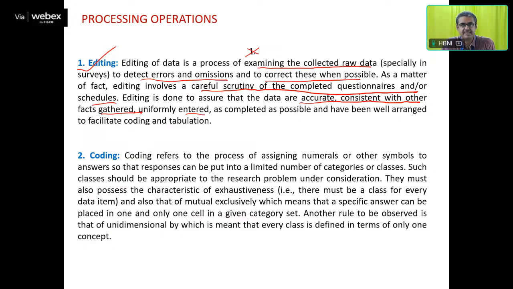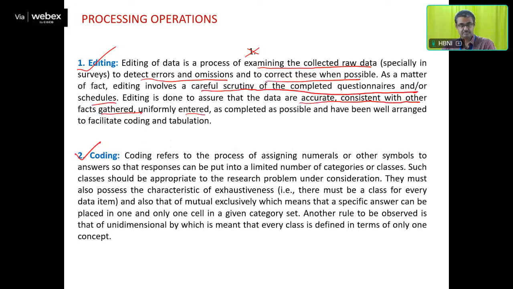So editing is the first step in processing the data, where the collected raw data is examined to detect errors, omit unreliable data, and correct incorrect data. It helps in the subsequent stages of analysis. What are the subsequent stages? The subsequent stages are coding,